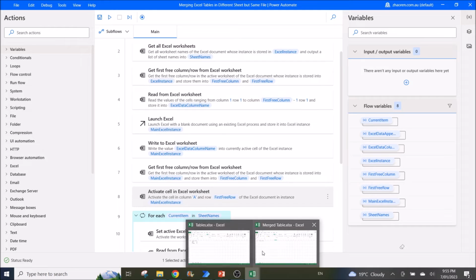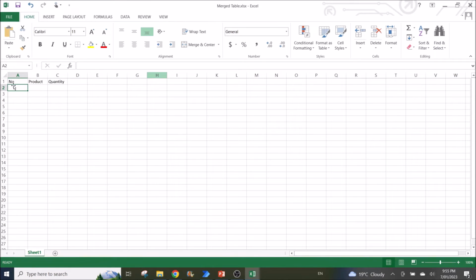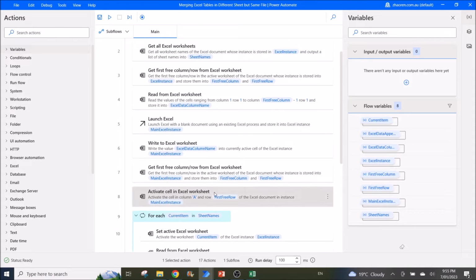Which is row number 2 here, right? The data is all obtained in the previous step, Get first free row or column from Excel worksheet. Okay, so this is the hard part, and now